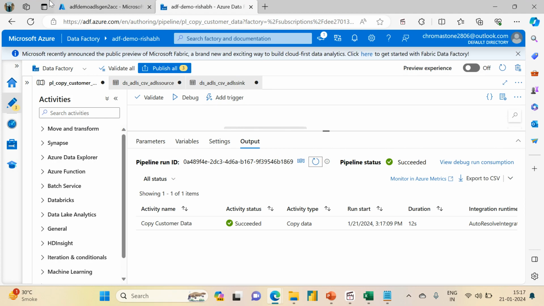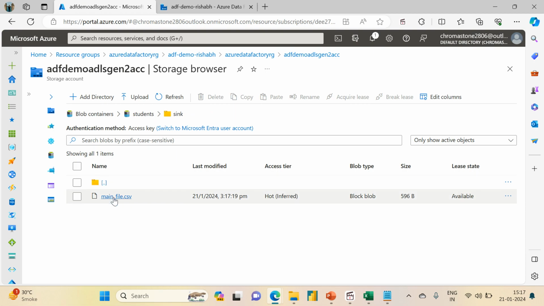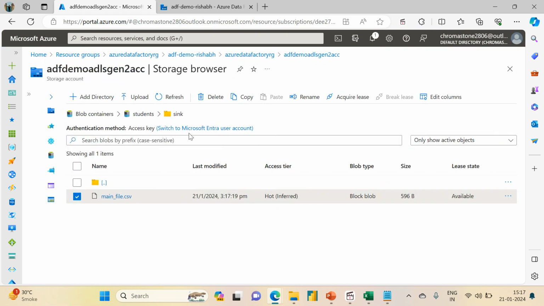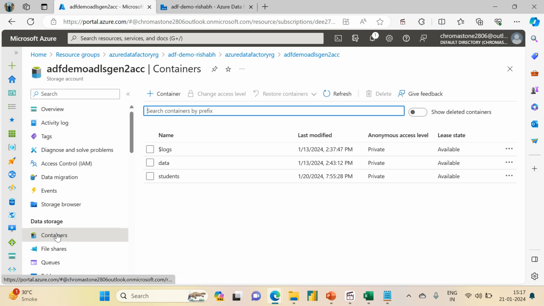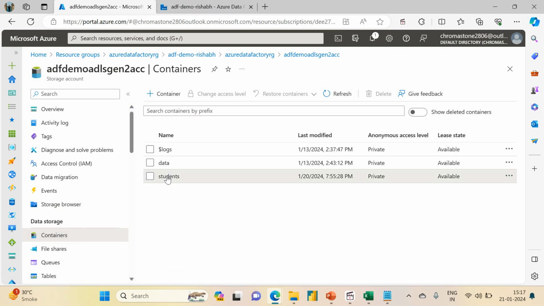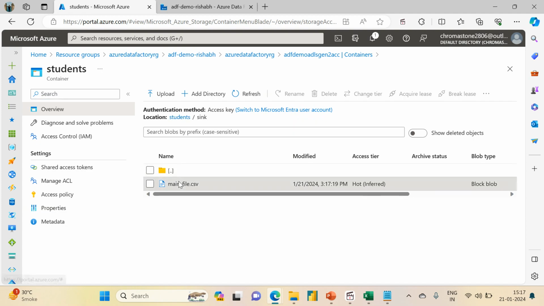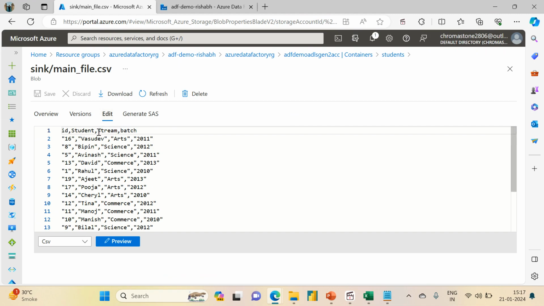Done. Okay, let me go back and let's look at the sync. So main file.csv, if you click on it and if you download, let me go to my container. I think in the containers you can edit data and see the data directly. So here if you go to sync main file csv and if you click on edit, see, you have stream